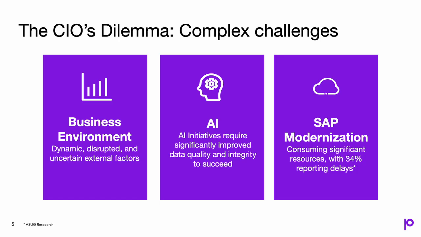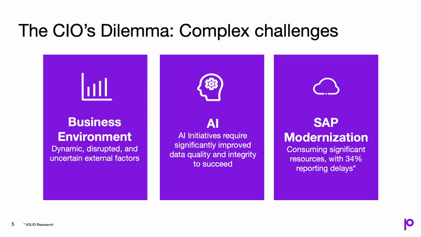So let's get started. When we talk about the CIO's dilemma, what we're really talking about are the complex challenges that are happening in today's business world. One of the big ones is just the overall business environment. We're in a highly disrupted environment where many things happen unexpectedly. And for NGOs, that can be anywhere from geopolitical changes to decisions that are made in the spur of the moment by governments. You're dealing with this whole influx and influence of AI, what AI is doing, what it can do for you, all the promises of AI, and what I often describe as the unmet promises of AI.